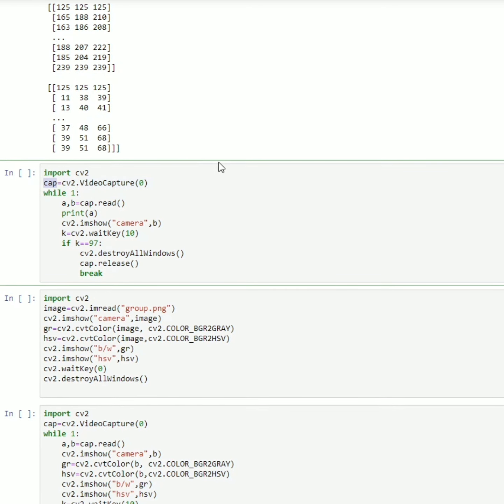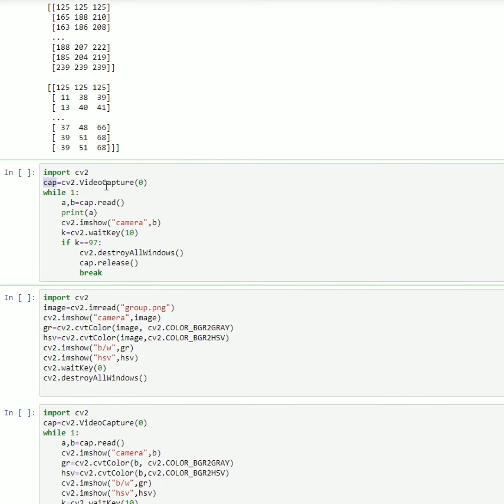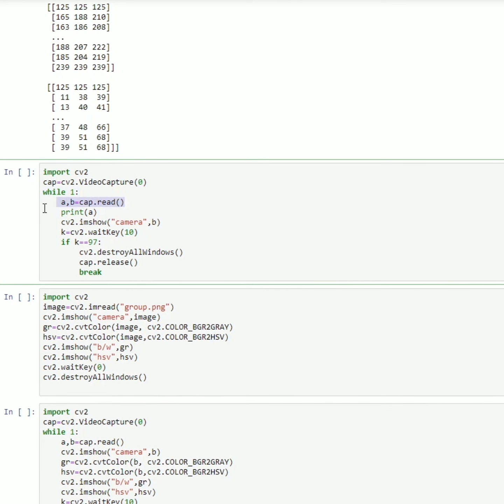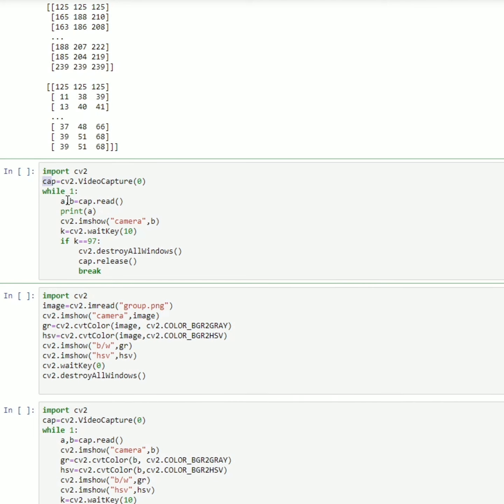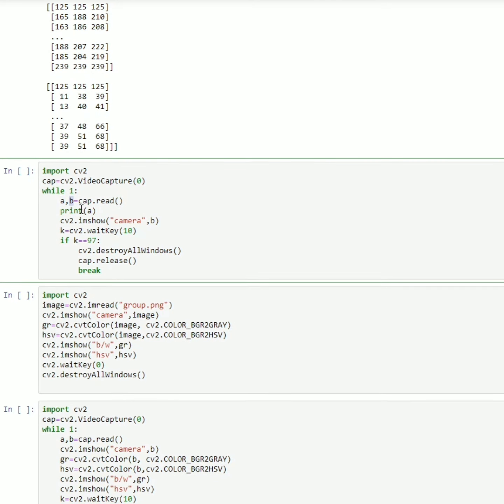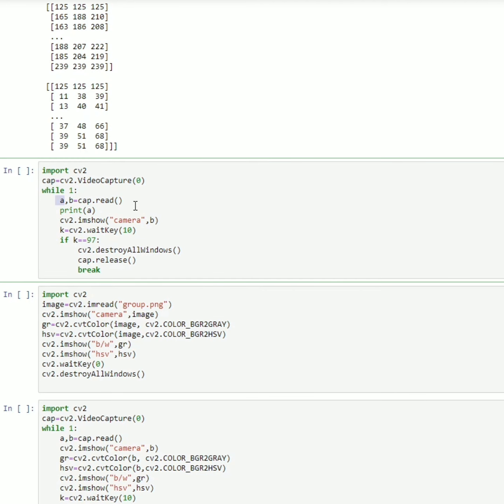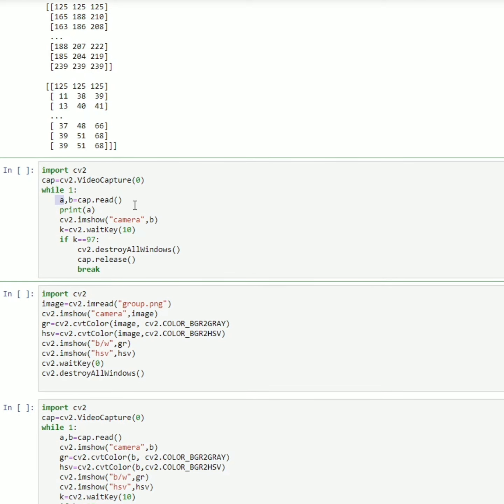Now this data from the video camera will get passed to the variable cap. As this is a video, we have to collect the images and read them in a loop infinitely. So I'm creating an infinite loop. While 1: a, b = cap.read(). Wait, why do we need 2 variables? We just need 1 variable to store the image, right? But cap.read will give 2 values. One will give us the output of the image, that is, the image will get stored in the form of a matrix, and the other one will say whether the webcam is working or not. If the webcam is working, it will return true. If the webcam is not working, it will return false.